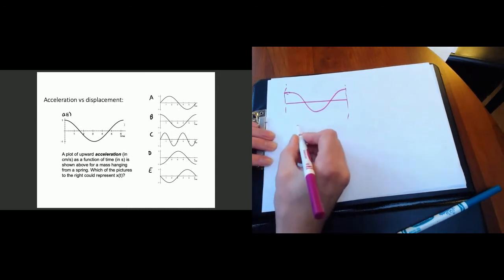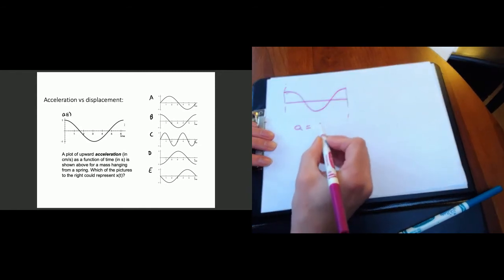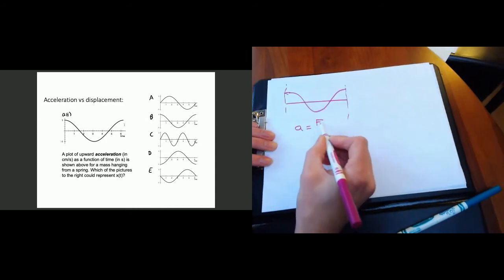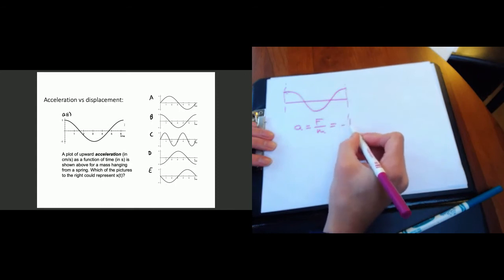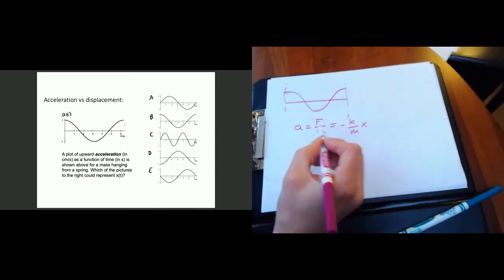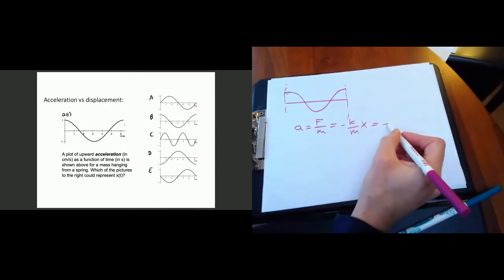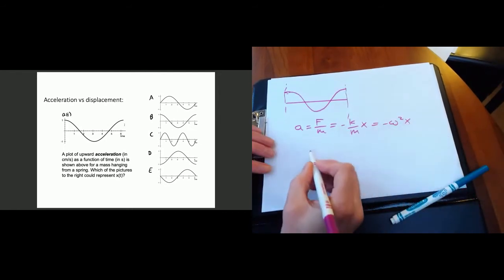And so that is to use the relation in simple harmonic motion that acceleration equals, remember, it's F over m from Newton's second law, but it's equal to then minus k over m times x using the form of the restoring force. And so that would equal, and that's equal to minus omega squared x. Okay, so in this case,